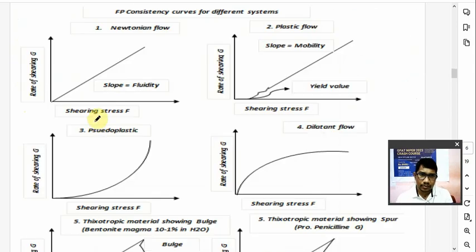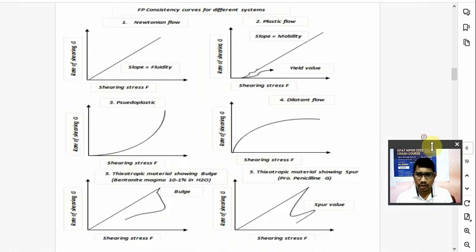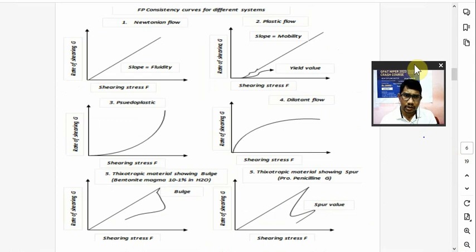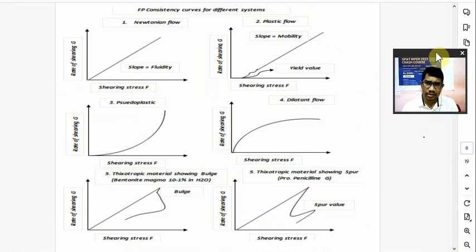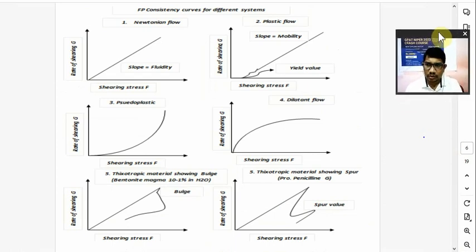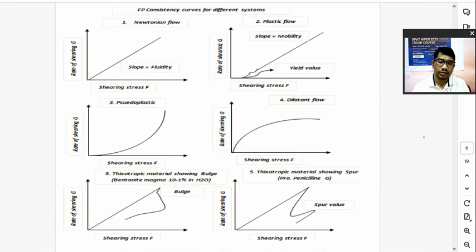Next we'll see the consistency curve or rheogram. If you plot the rate of shearing against the shearing stress, then for a Newtonian liquid,